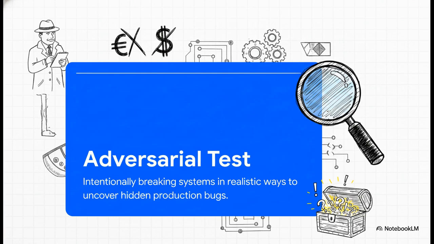Instead of just checking if normal inputs work, adversarial testing plays the cunning detective. It actively hunts down those subtle edge cases, the data contradictions, and the weird rule overlaps that could cause devastating financial consequences. You aren't just writing basic tests here. You are essentially leaving brilliant, glowing warning signs for the exact scenarios under which a future developer, or maybe a bad data pipeline, could accidentally introduce a critical bug. It's all about anticipating the failure before it even has a chance to happen.